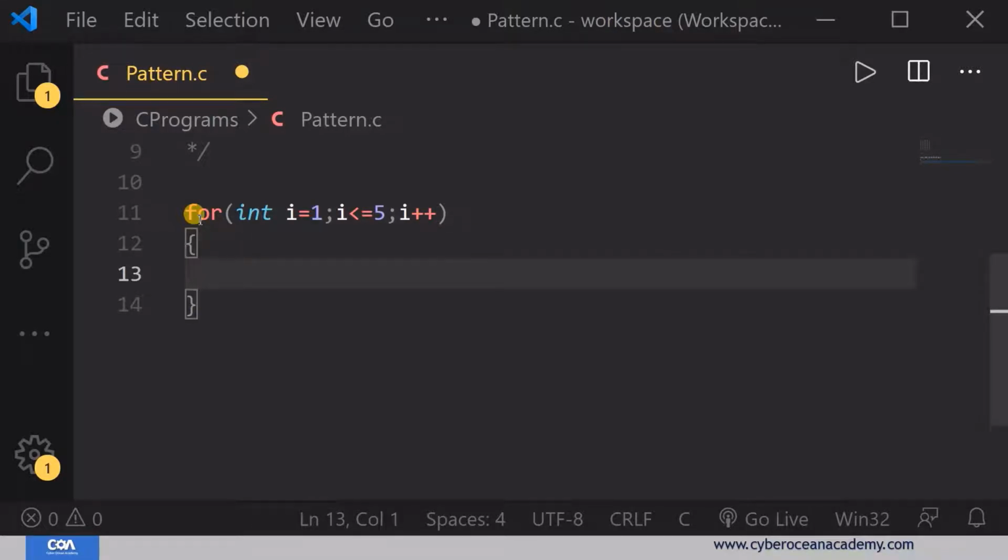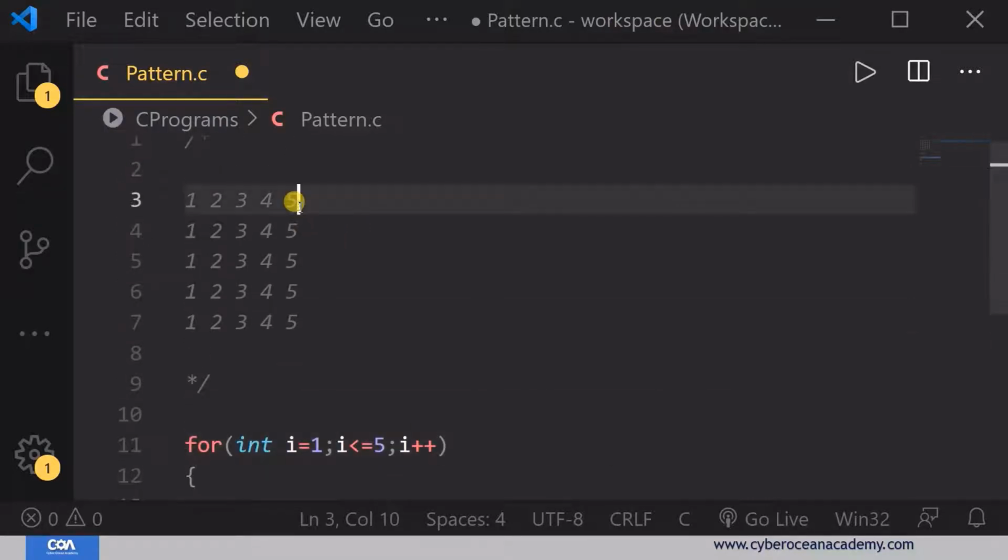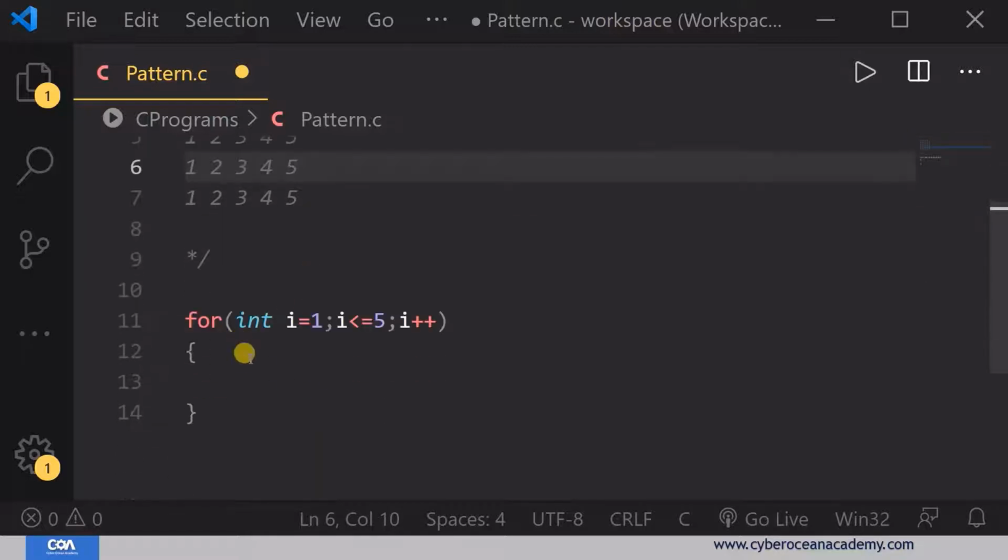The first for loop tells you the total number of rows. That means this for loop controls the rows. How many rows are there? There are 5 rows.